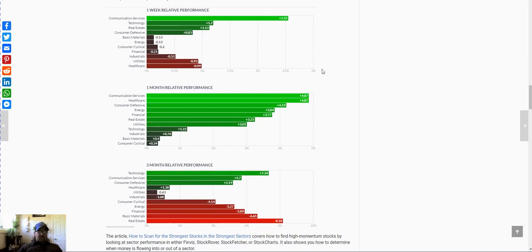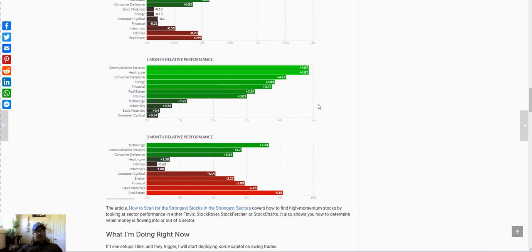Again, this isn't something you really need to focus on unless you're pushed or pressed for time and you want to reduce your scan list to just a few sectors. But if you do have some time to go through your full scan list, you don't really need to worry